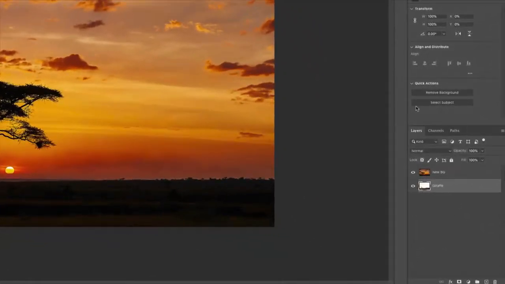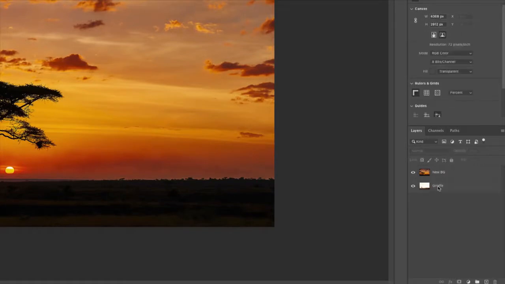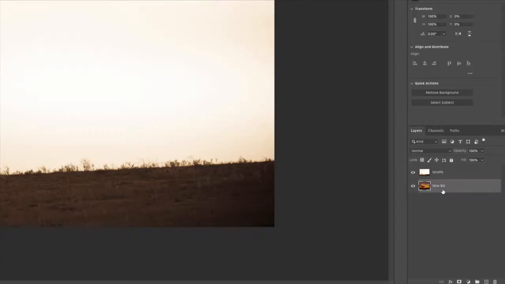Now I can come down to my layers palette and click and drag and reorganize my layers so that my giraffe is on the top and my new background is on the bottom.